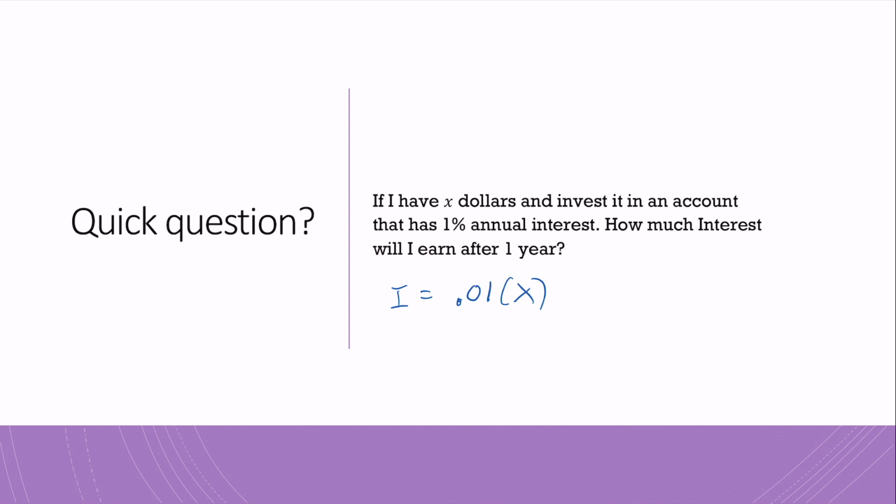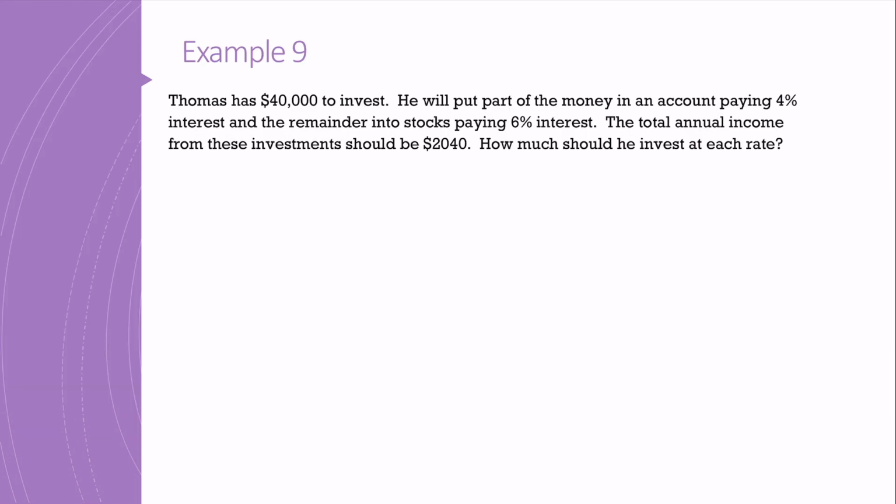I have Thomas, and Thomas has $40,000 to invest, and he wants to put part of the money into an account paying 4% and the remainder into an account paying 6%. And what he wants to earn from these investments should be $2,040, okay? So,